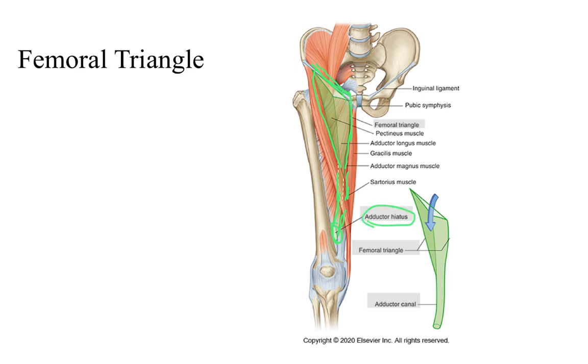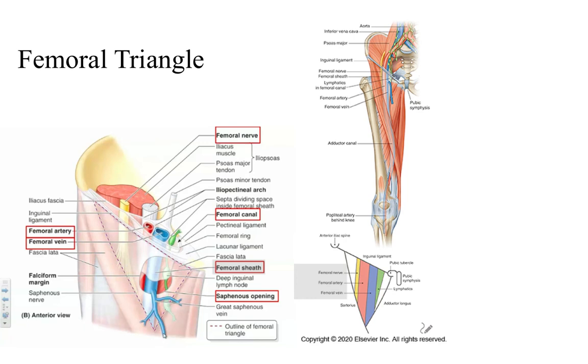And what passes from the adductor canal through the adductor hiatus is going to be the femoral artery, where it will then become the popliteal artery, and the popliteal vein, which will course upward to become the femoral vein. Some important landmarks that are at the superior border of the femoral triangle include this structure here called the femoral canal. And notice that what's in the femoral canal is the femoral artery as well as the femoral vein